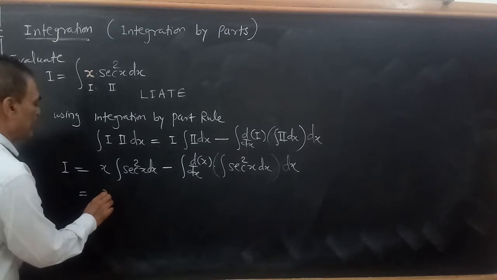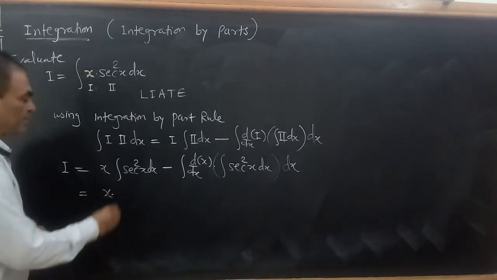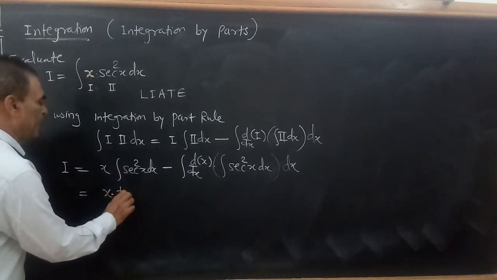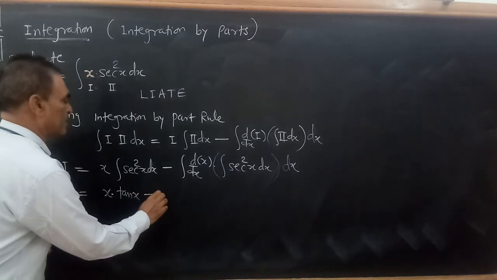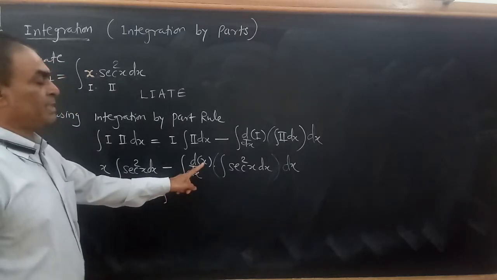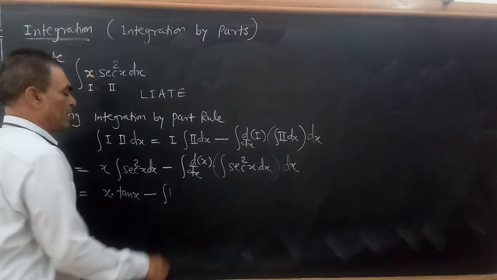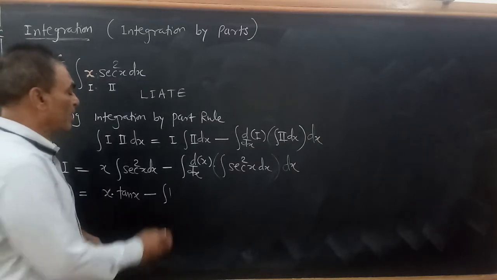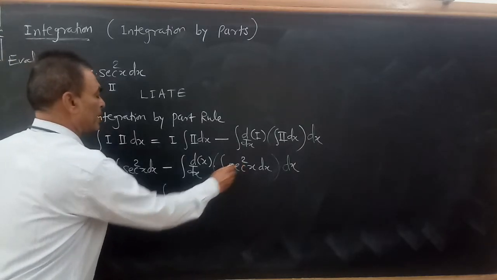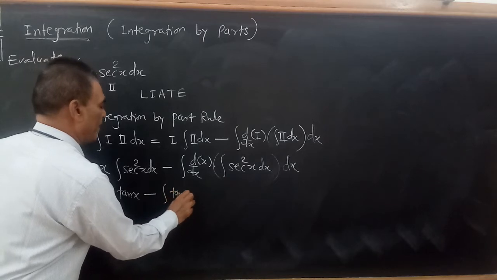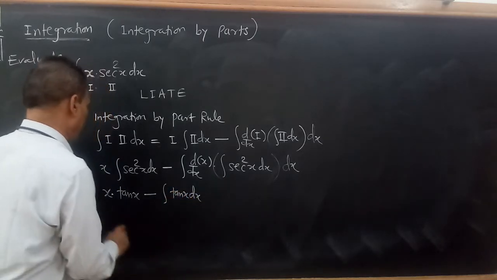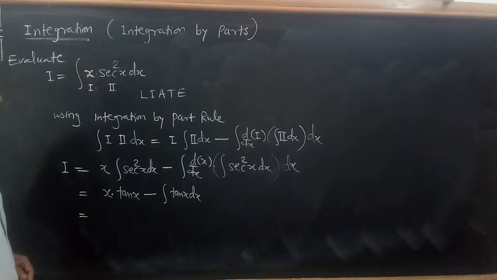X as it is. What is integration of sec square x? That is nothing but tan x minus integration. What is derivative of x? 1. Not necessarily write 1. What is integration of sec square x? Tan x into dx, which is equal to x tan